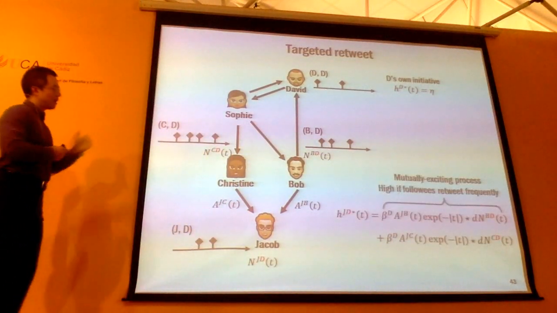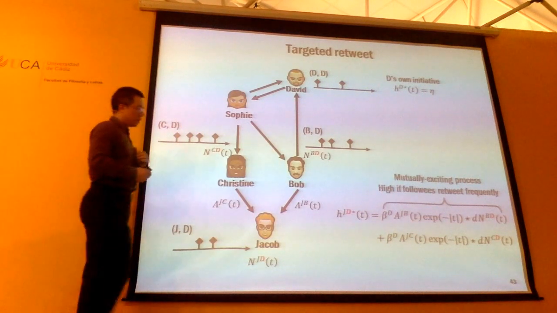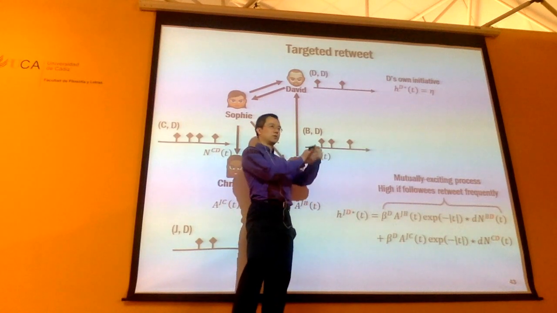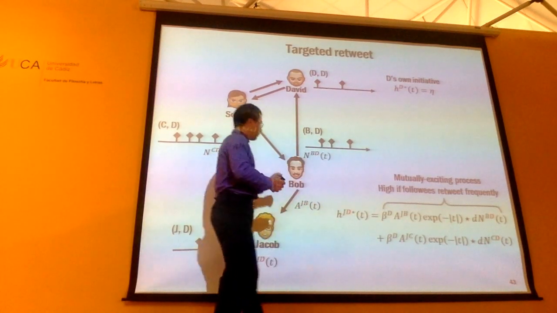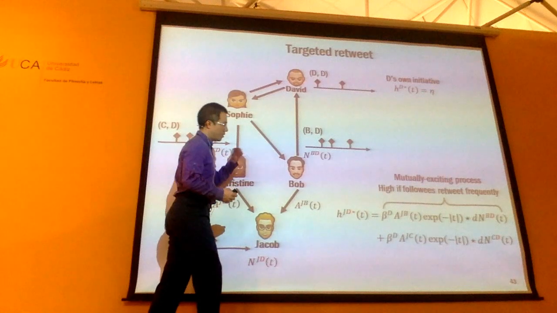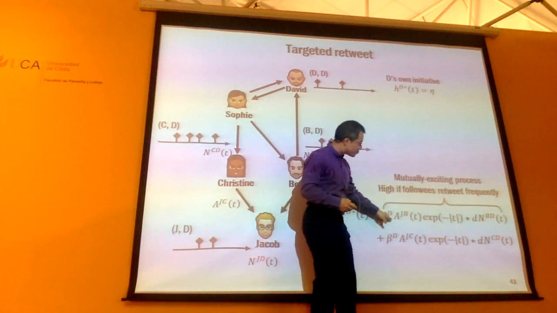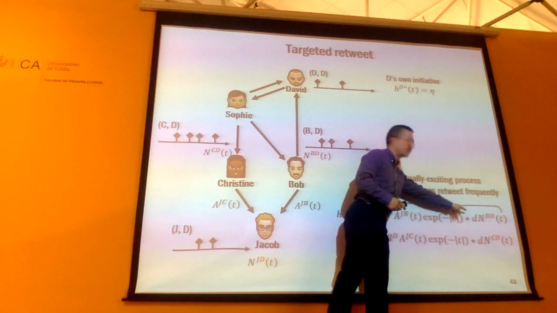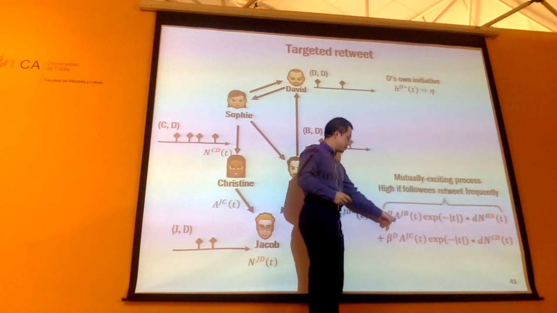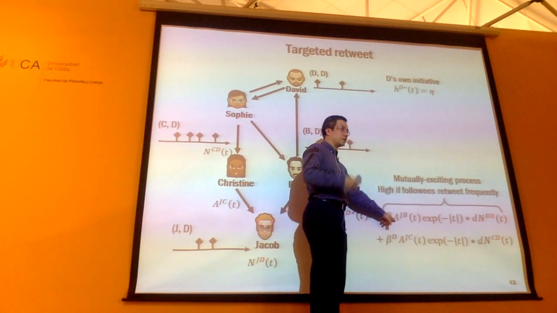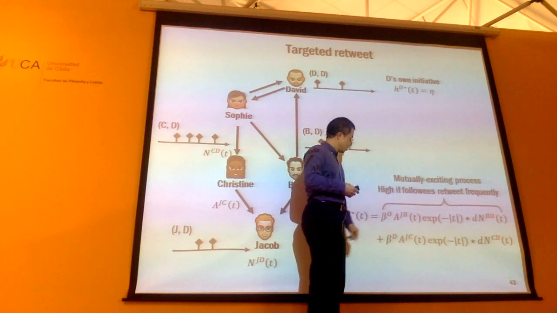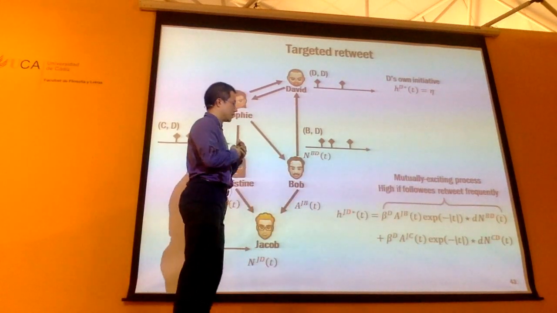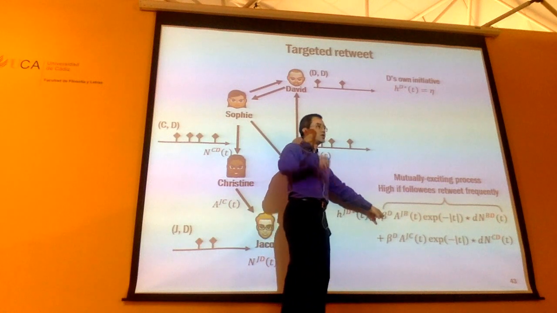Once you have these several quantities, the intensity function you design for Jacob to retweet David is going to be something like this. It's going to be a superposition again of the influence from two parents. The first term is again just a Hawkes process, looking at the events from the parent Bob. And then this is an adjacency matrix again. If it's connected, it's 1, otherwise it's 0. And then this is the term that comes from another parent, Christine. So this B really captures the strength of influence.